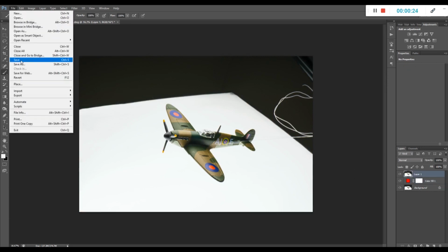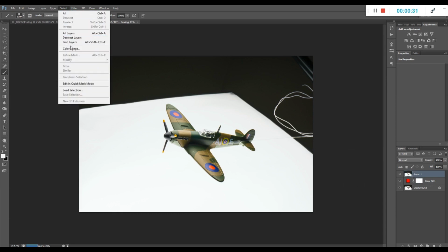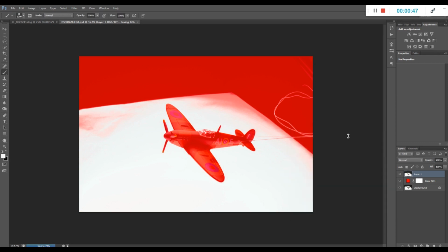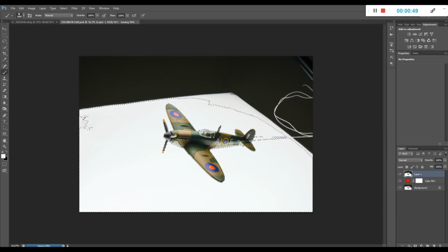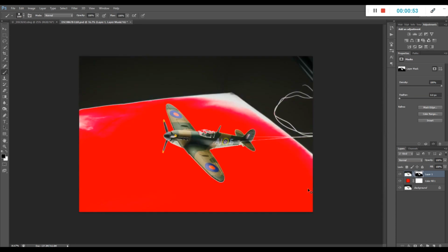and now we're going to use select colour range. Here we go. And then all we do then is we use the dropper just to create like an outline around the Spitfire. So we say OK to that. And now if we add a mask to this layer and invert it with Control-I, there is a Spitfire largely